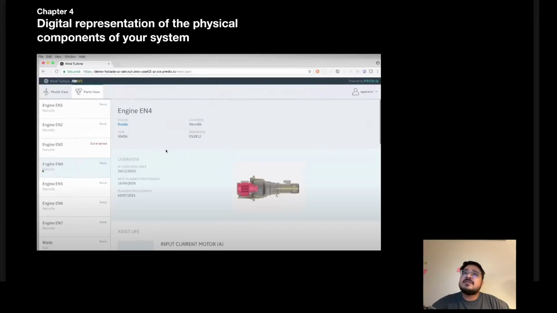And if you see this engine, EN4, the status is ready. But if you see this motor's color, it's red, so it is showing that it's overheating. And this is also showing that it has been in operation since 2010. Next planned maintenance was in 2018, and the planned replacement is in 2021. This is the planned replacement. But how it is operated, how much energy it is drawing, how it's going to operate at a higher temperature, this planned replacement might change. Okay, so that is one of the things